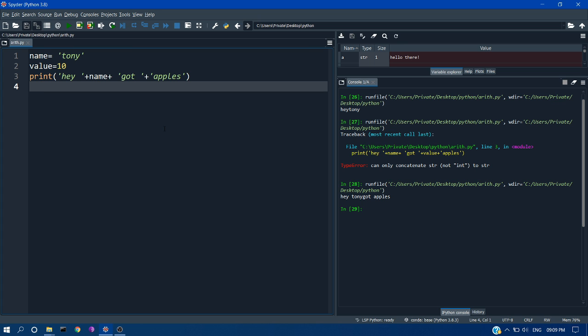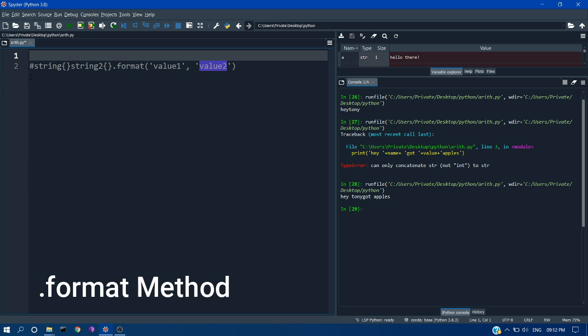There are multiple ways of formatting strings for printing or including values in them. We are going to see a few methods here, and this is obviously called string interpolation. There are two methods available for string interpolation, which are the dot format method and the f-strings method. We are going to see them in depth now.